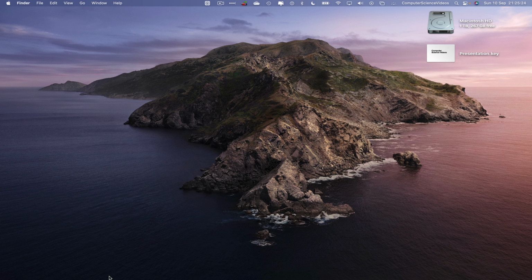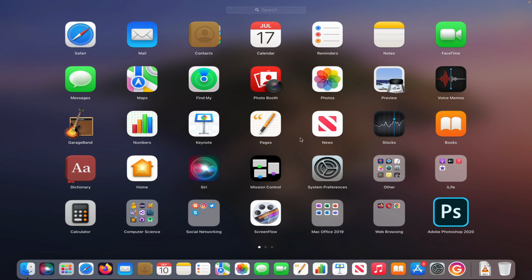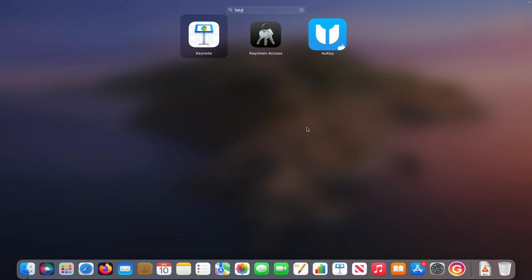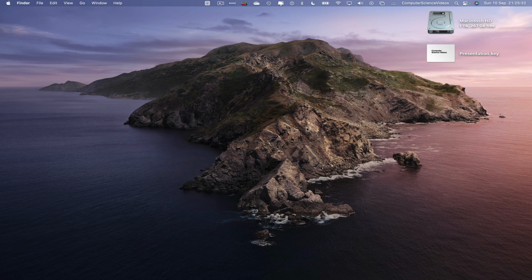So now let's go down to the dock. Go to Launchpad, go to the Keynote application. Search for this, open up the Keynote application. Wait for that to load. Once that is loaded,